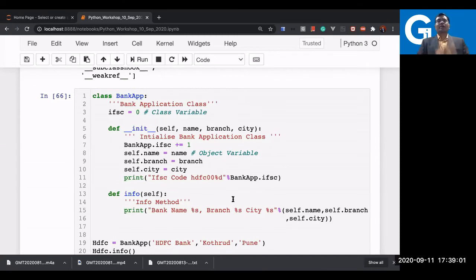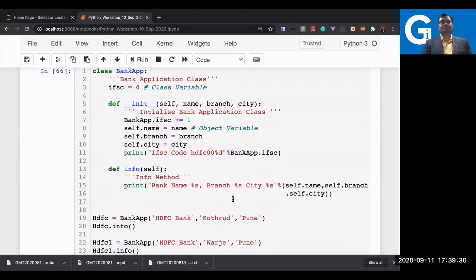After that, you can write a certain docstring about your class. So you can say that this is a class for the purpose of developing the bank application. After that, obviously I started writing the other methods. I wrote the info method first, and after that I wrote the init method also. The init method is for initializing the bank application class. Info is a method which is just one of the object methods. You can call it by using the object itself.